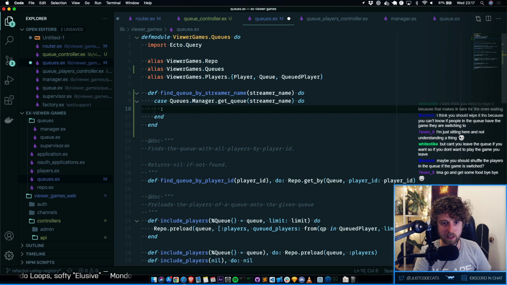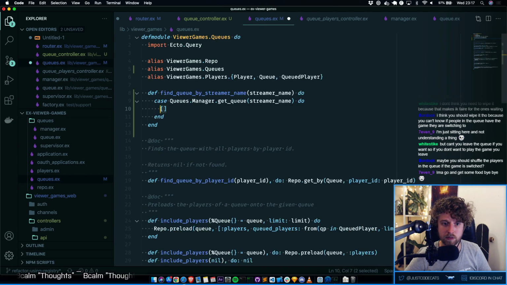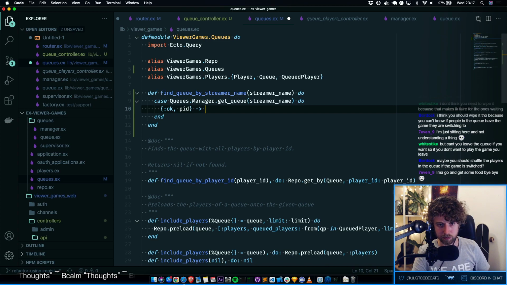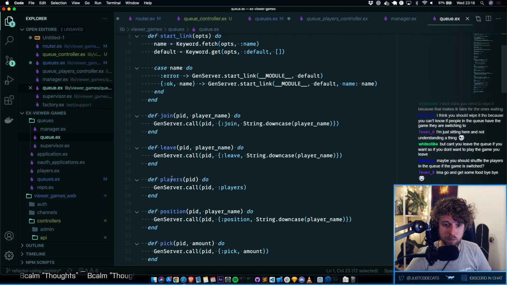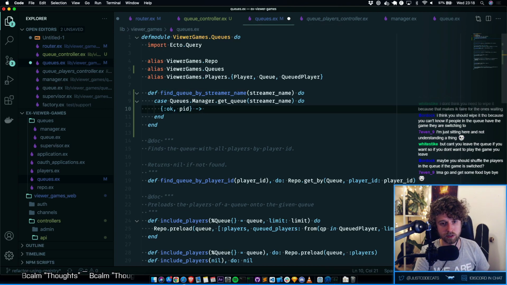So we have a case in which we get okay. How do we do that again? Okay, PID back. And then what we want to do with that PID is pipe it and use it in queues. No, so here is where we want to build the thing. So if we have a PID already for the get queue call,